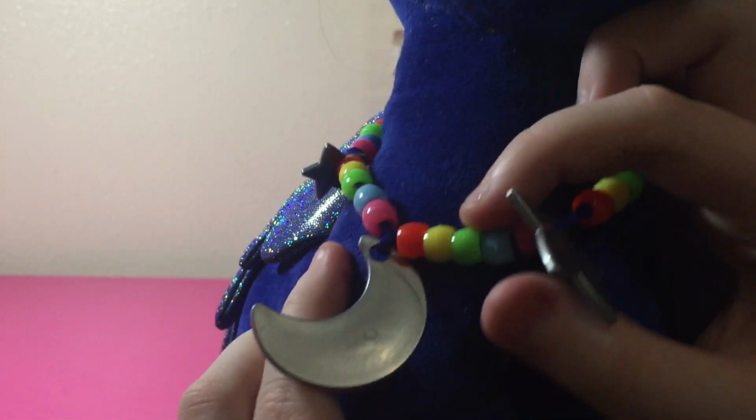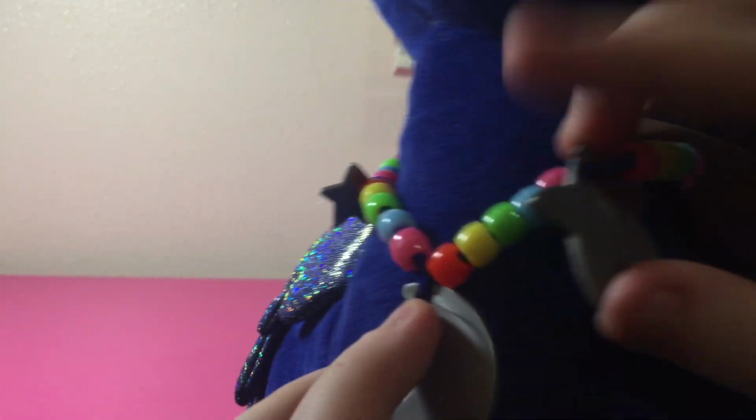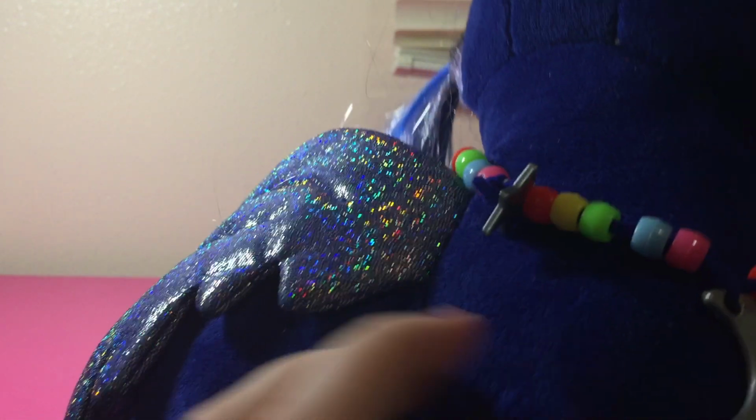I put their manes and tails in a ponytail so they don't get all messy. I did not stuff this one as much as I stuffed Celestia. Once again, here's My Little Pony logo, the Build-A-Bear logo, and another thing that I did is I pretty much made Luna a necklace. Like there's a star charm, there's a moon, and I kind of ran out of beads, so the back here is not the pretty part, but pretty much is a rainbow